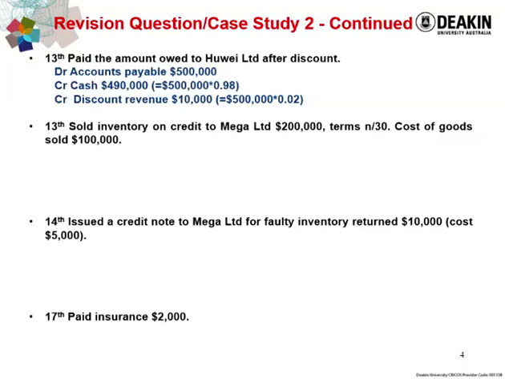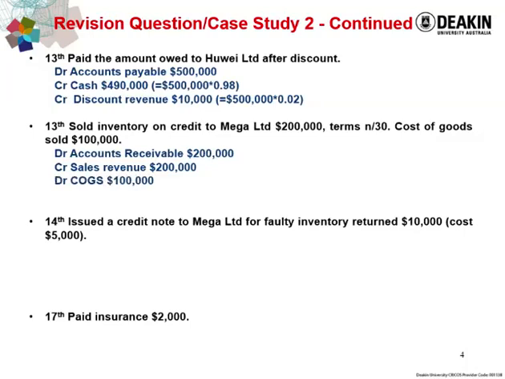And Mega Limited must pay us within 30 days, and we do not give Mega Limited any discount. We have two sets of entries. First, that is to recognize credit sale by debit accounts receivable 200k and credit sales revenue 200k at selling price. Then we recognize cost of goods sold with a debit entry 100k, and we reduce inventory by a credit entry